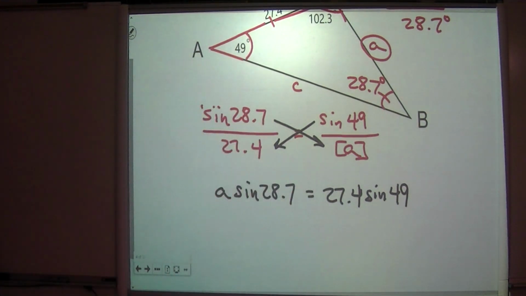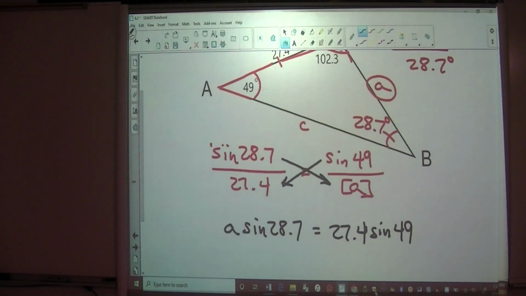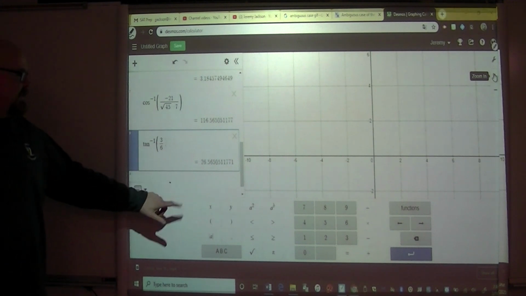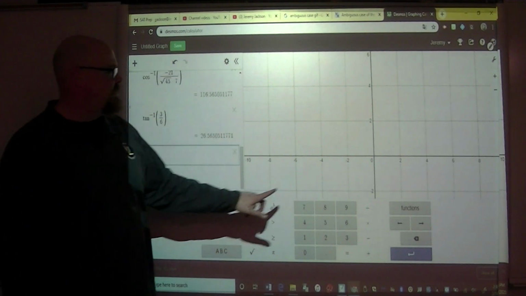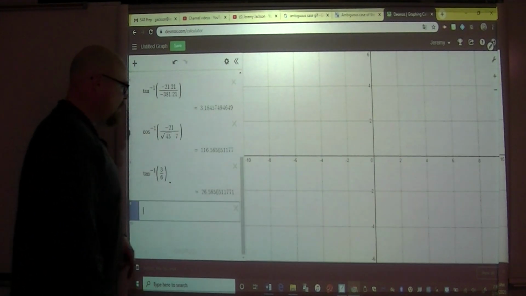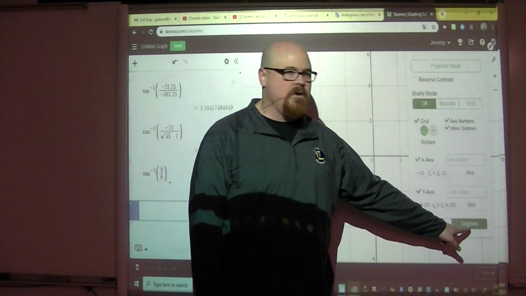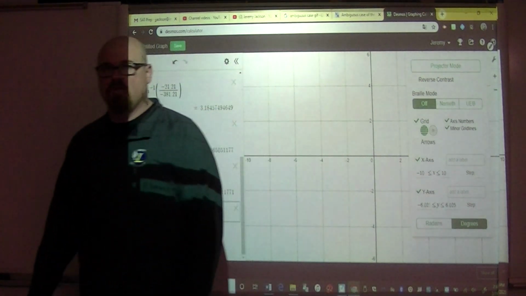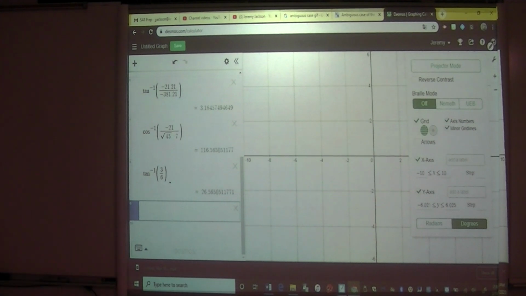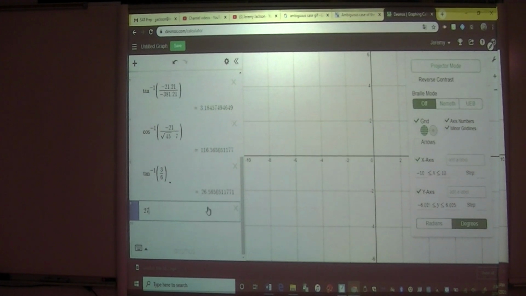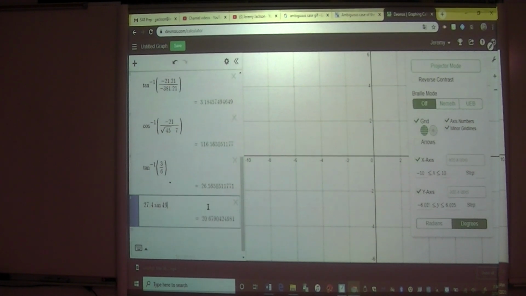I think I still got my Desmos warmed up here. If you're going to use your TI-Nspire, that's fine, okay? But when you're doing this, make sure, if you're in Desmos, click the wrench and make sure you're in degree mode. I believe if you open it right away, it's going to be in radians. Just make sure you're in degrees here. And if you're in degrees, we can type in 27.4 times the sine of 49. So we get